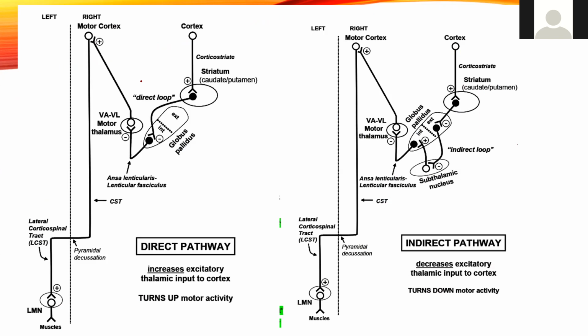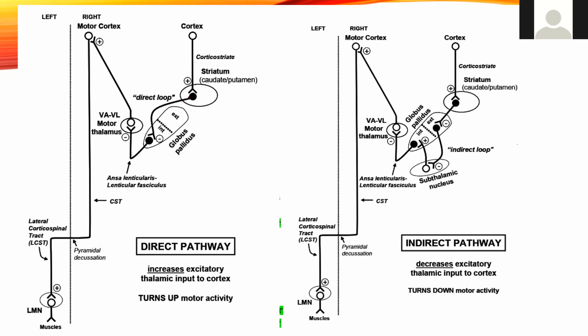In the direct pathway, as said before, it's a pathway which leads directly from the cortex. It's a corticostriatopyramidal pathway. The cortex will project to the striatum using exciting neurotransmitters, which is like glutamatergic. This will excite the striatal neurons, particularly the medium spiny striatal neurons, which in turn project to the internal globus pallidus using the GABAergic